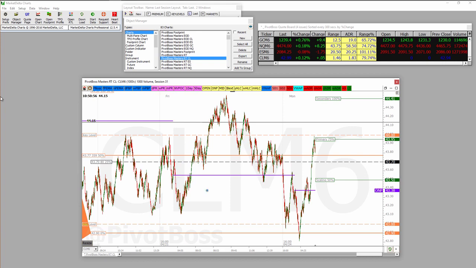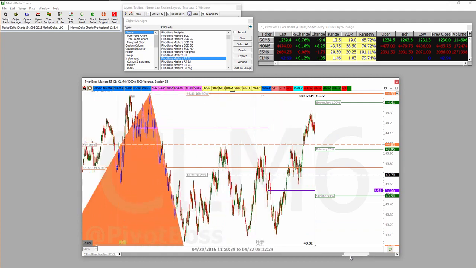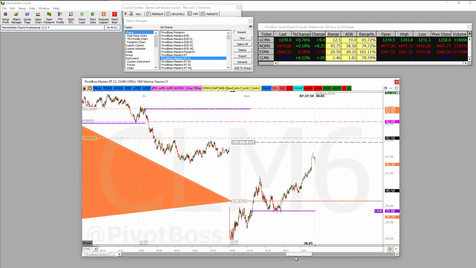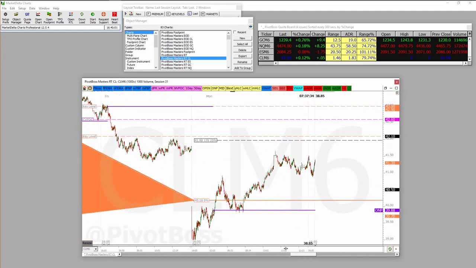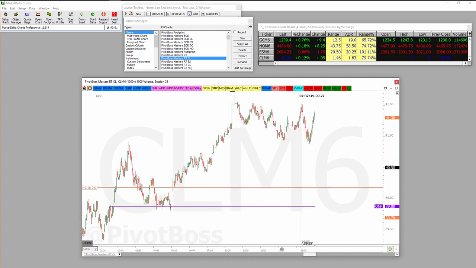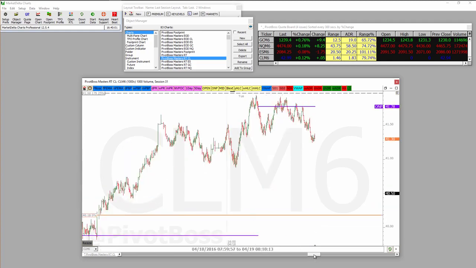So anytime price gets too far away from the overnight pivot, if it's in a range, larger overnight range or some kind of a bigger range, 5-day range, I mean, it'll come right back to the pivot more often than not. Just like value, just like VWAP, for example. Yeah, a lot of great examples in here where you can just see how price trades off of it. Here's it going bid, then defending, and squeezing. Very nice.